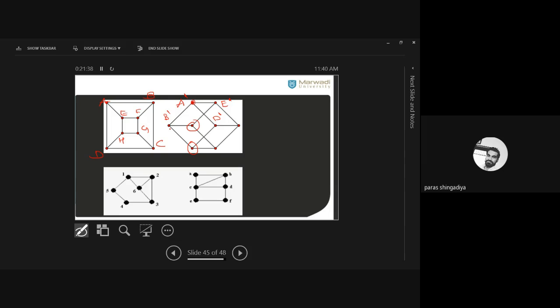Okay. For that you have to also observe this E dash and D dash. ठीक है, उसको भी आपको कंसिडर करना है. Why do we consider it here? Because in the first graph, F is adjacent with E. ठीक है, F किसके साथ adjacent है फर्स्ट ग्राफ में? E के साथ adjacent है. ठीक है, and C is adjacent with D. C जो है D के साथ adjacent.